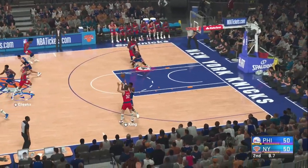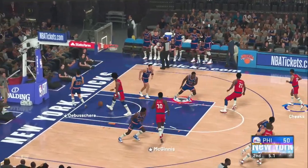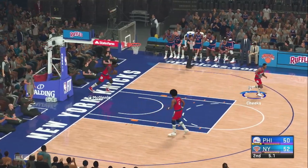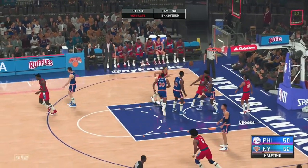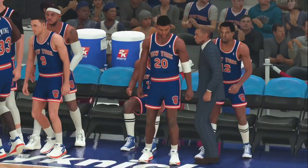And his competitiveness showing through. That's an aggressive finish. He is just unwilling to settle. He gets right to the rim and makes sure they come away with points. And the defense to start that play was terrific. I love the fact that they attacked early in the shot clock. And a close game so far through the first two quarters as